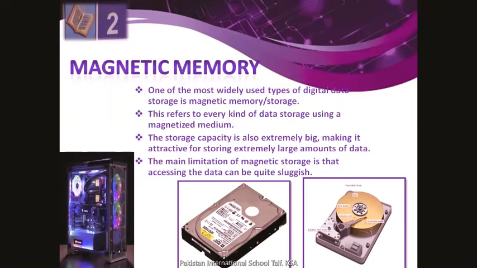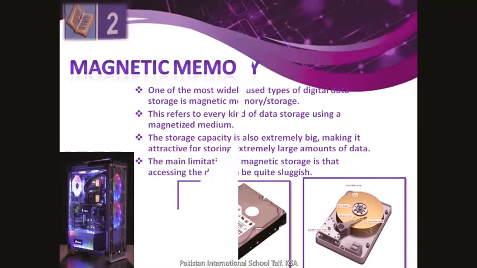So basically, hard disk is a permanent storage and a type of magnetic memory. Magnetic memory is used to store a large amount of data in the form of magnetized material. It can save and hold an extremely large amount of data on a permanent basis. So this type of memory is used to hold your permanent data. If you save your data on a hard disk, it is on a permanent basis. How can magnetic memory save your data and how does it work?